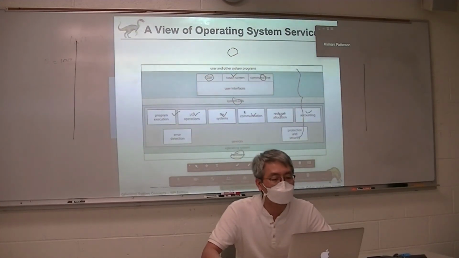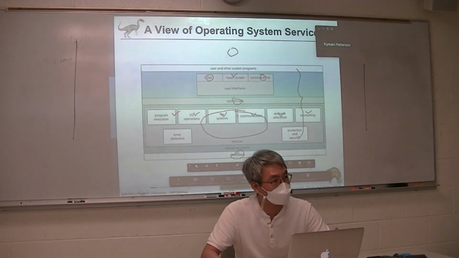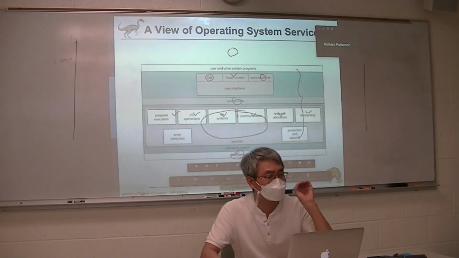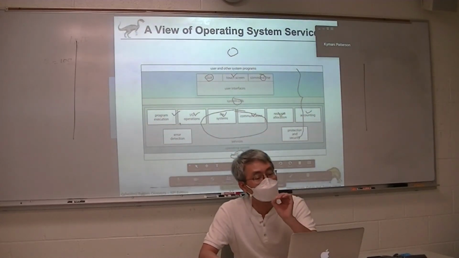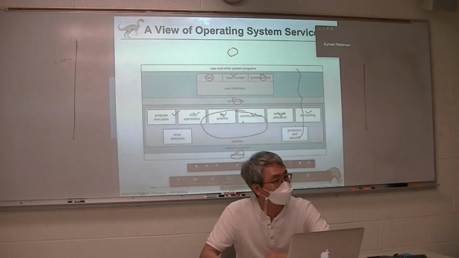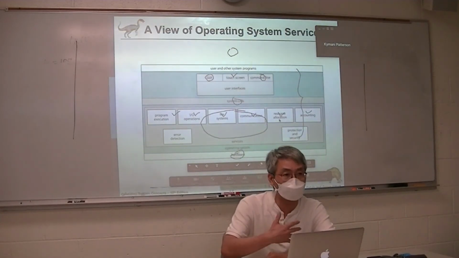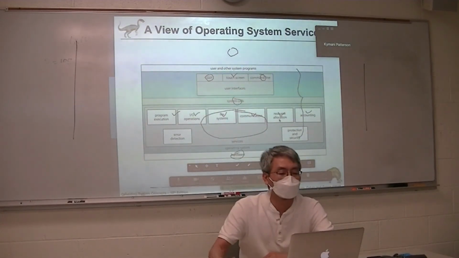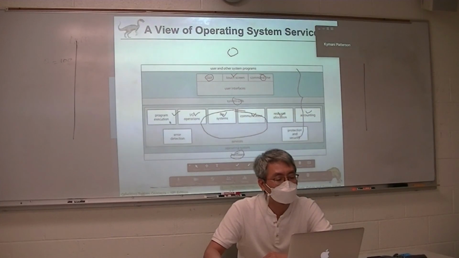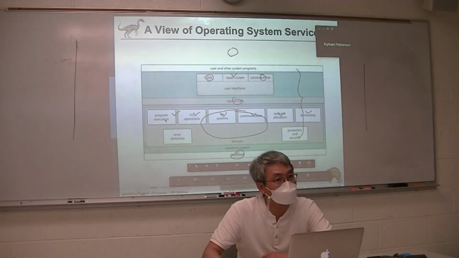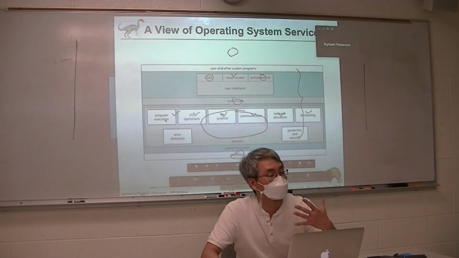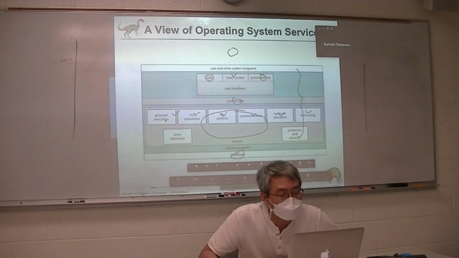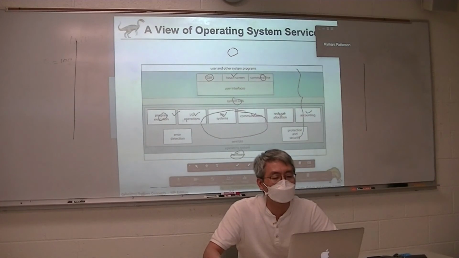These are the services provided by the operating system. We will very briefly touch on each service today, but we are not going to discuss the details right now. We will start from process management and process execution, probably starting in the next class.